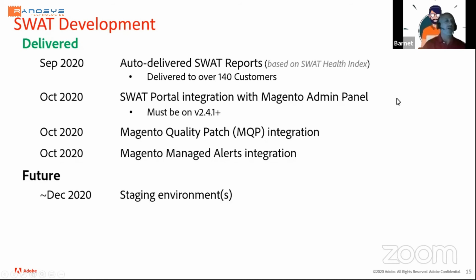The future, we are analyzing all staging environments, whether you have 1 or 5, it will not matter. We will actually analyze your staging environments and have issues based on your staging. The goal of this exercise is that you see the issues in your staging and fix them before a deployment. Therefore, your production site does not suffer. This should be delivered right towards the end of this current calendar year, or right after New Year's,